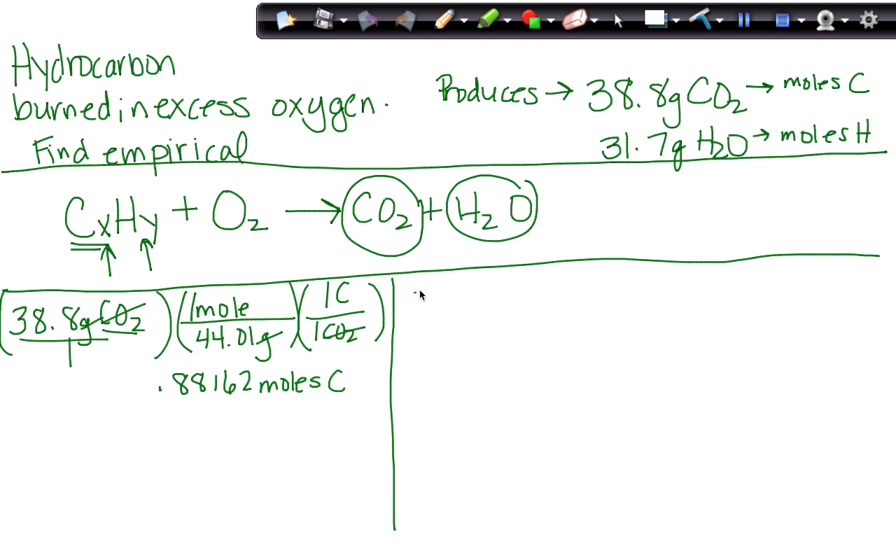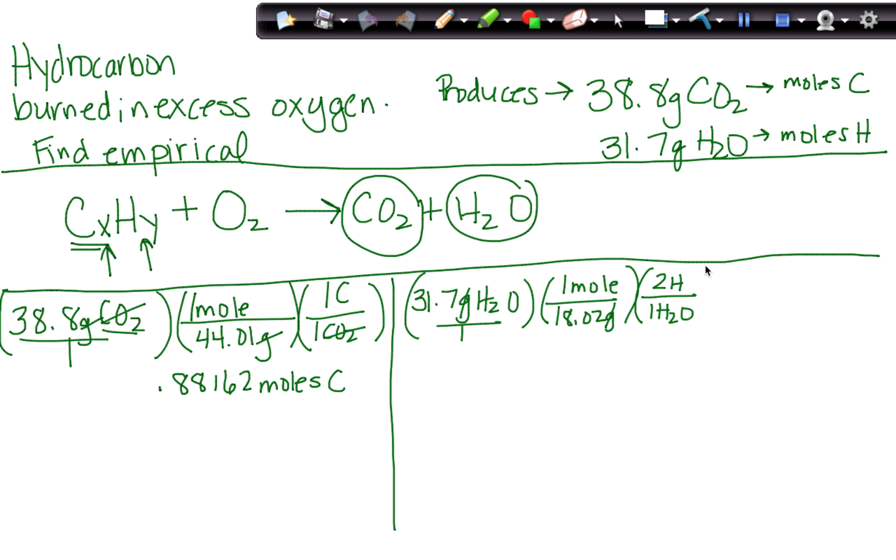We're then going to do the same thing for the water and start with our 31.7 grams of H2O. We're going to get that into moles of H2O, which 1 mole of H2O is 18.02 grams. So now when we cancel the grams, we're in moles of H2O. And there are 2 H's for every 1 H2O. H2O cancels, and now when we multiply and divide, we are in moles of H. And that comes out, when you do it on the calculator, as 3.5183